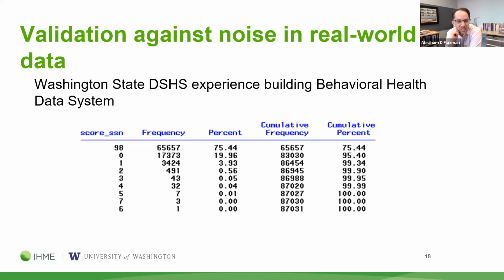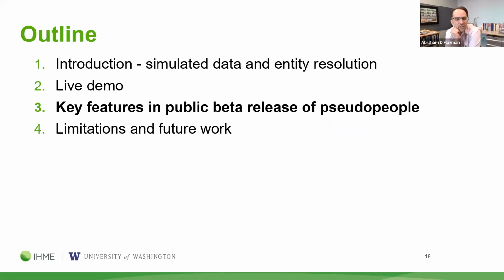Like maybe it was a typo when they were keyboarding it in, or maybe it was sloppy handwriting if it was written with pencil and paper and then had to be transcribed. And it's quite rare for things to be very wrong in a social security number if it's provided in this DSHS data. How does that compare to our simulated data? And something we'll return to later: what more realistic parts of that comparison should we focus on, because it's going to be important for this kind of entity resolution work or for any use of this data going forwards.